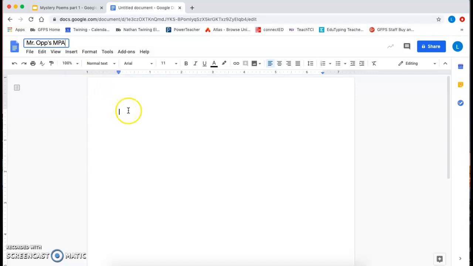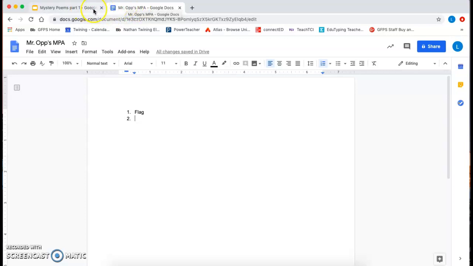And then if you come over here and you see this 1, 2, 3, hit numbered list. Well, there it has 1. So then you can just start making it. Whatever you end up thinking the first answer is, you'd hit that. So let's just say for whatever reason, I think the first answer is a flag, right? And then I'd hit enter, and then I'd have my next one. And then you keep going from there, okay? And then just make sure that you have that shared with me.